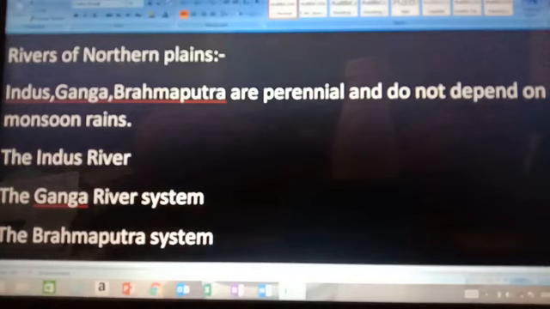So for the rivers of northern plain, we have 3 major river systems: Indus river system, Ganga river system and Brahmaputra river system. The Indus river system, children: Indus and its 5 tributaries, Jhelum, Chenab, Ravi, Beas and Satluj. They are the largest drainage system of the world. Ganga river system: Ganga with its tributaries coming from the north as well as from the south.